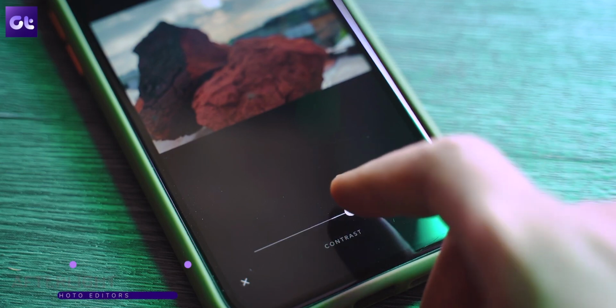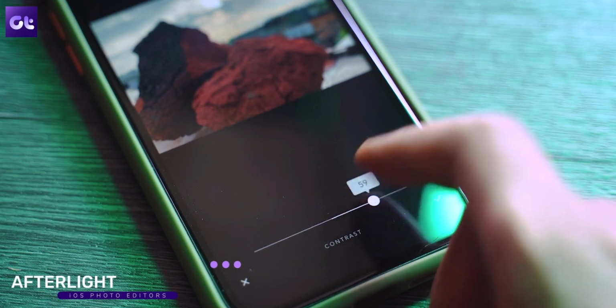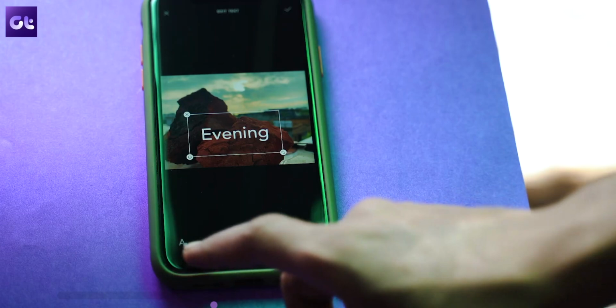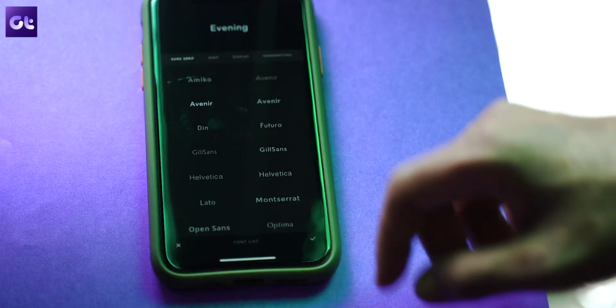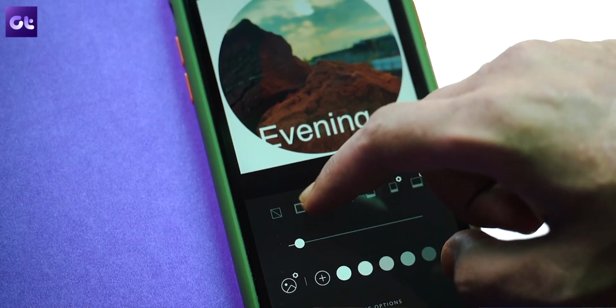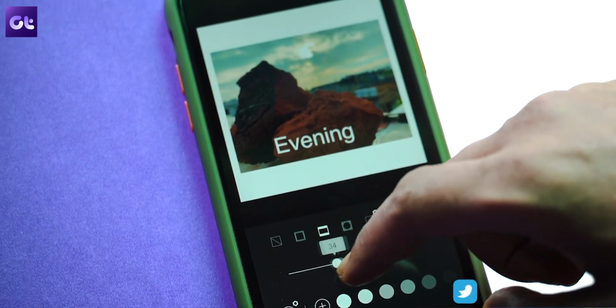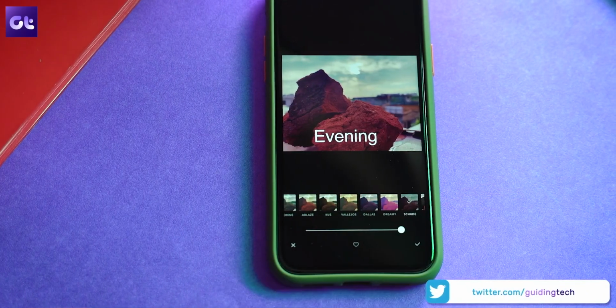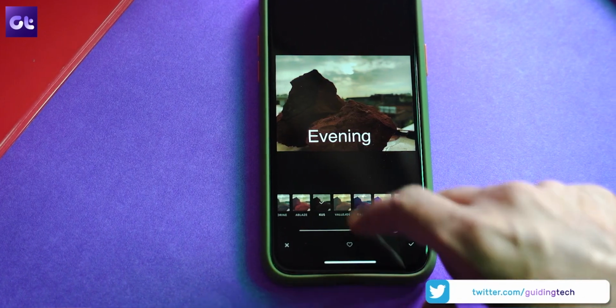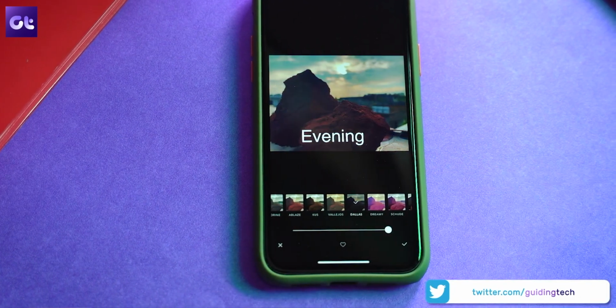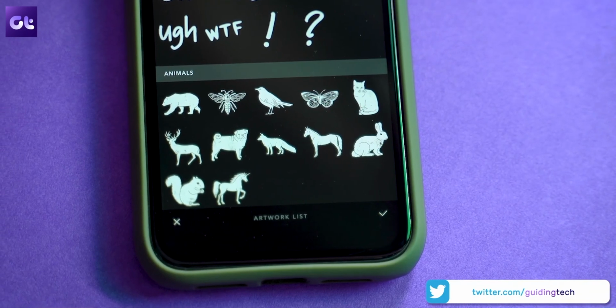Next up is a name that you probably might not have heard of, but you should definitely check it out. It's called Afterlight and yeah, it's one of those rising photo editors on the App Store that I love to recommend to folks. The dev calls it an all-in-one feature-packed photo editing app, and I pretty much agree. I mean, you get the usual toolset of editing your images, but then you also get a ton of options to add and customize text. Then there are the 100 plus frames to choose from and tons of great filters that you can customize to suit your needs. And let's not forget, the tons of textures and overlays available here add a unique spin to your image.